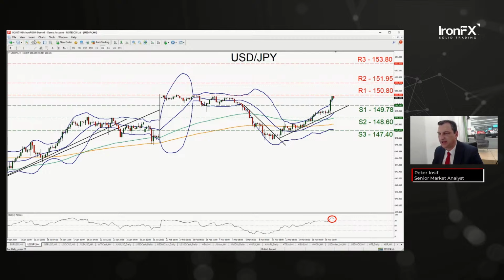On the one hand, that tends to showcase the strong bullish sentiment. On the other hand, though, maybe implying that the pair has reached overbought levels and may be ripe